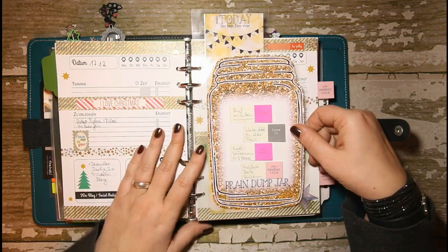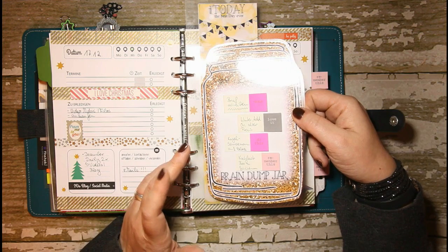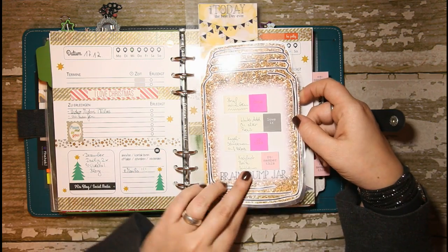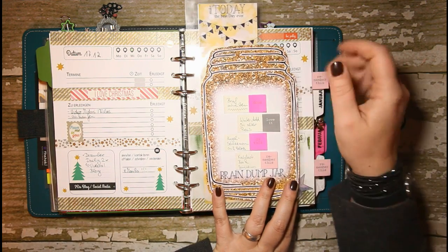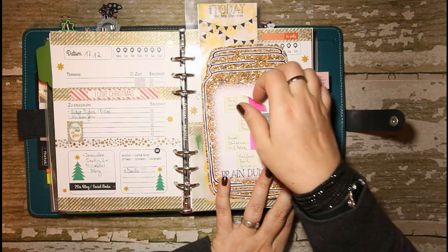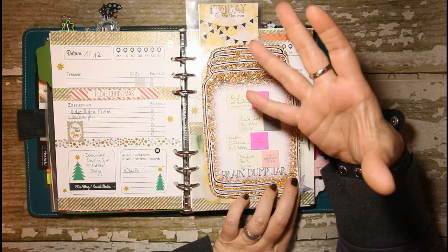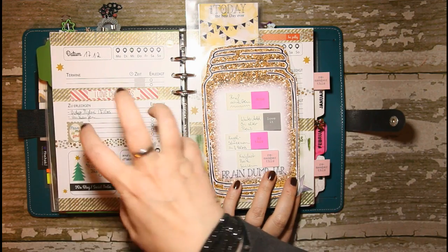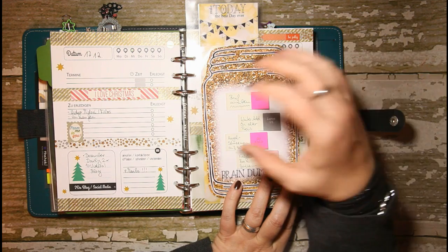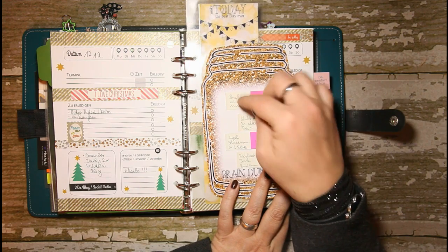One thing I also created is this brain dump jar. I kind of like mason jars. They're cute. I say cute pretty often again. Well, anyway, you can complain about that again. Sorry. So I made that brain dump jar. It's also laminated, and I can just put random sticky notes on here, like for brain dump. You know, something comes to your mind and you don't want to fill the main sections up with that, but you need to get it out of your head and onto the paper, and that's what this one's good for. And then I can just take those notes